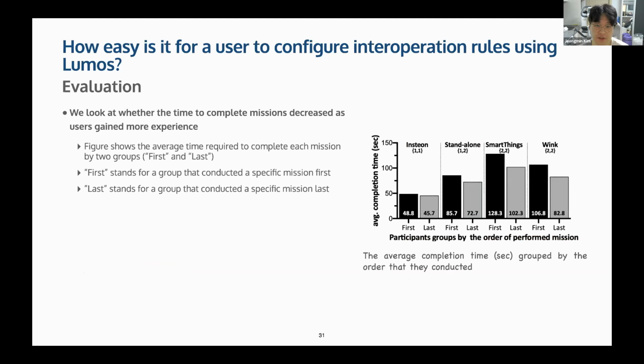This graph shows the average time required to complete each mission by 2 groups. The first group is the participants who carried out the mission as the first mission. The other is the participants who carried out the mission as the last mission. So, first I denotes the average time of those who started with mission I, and last I is